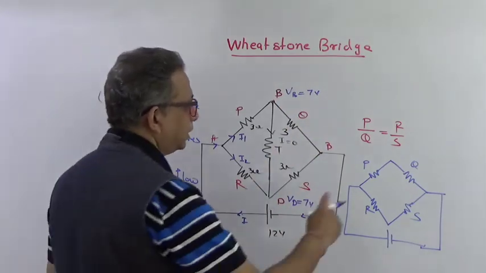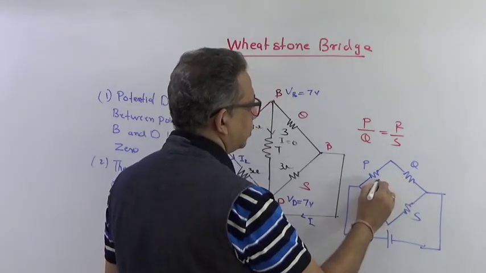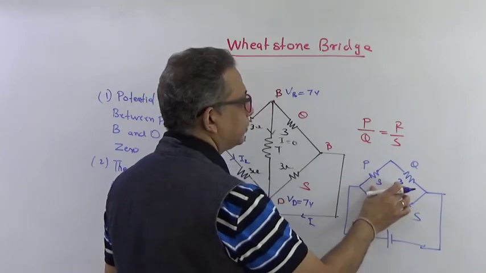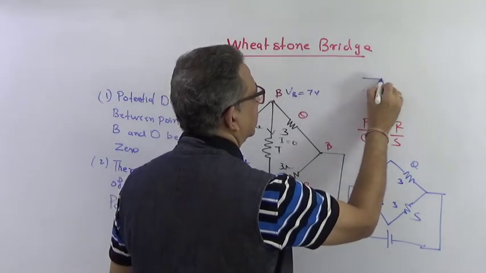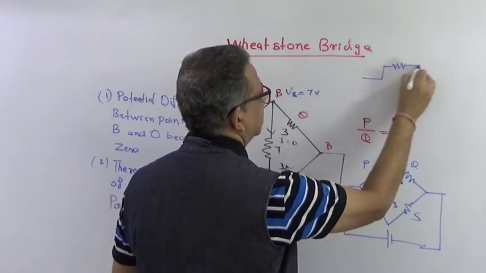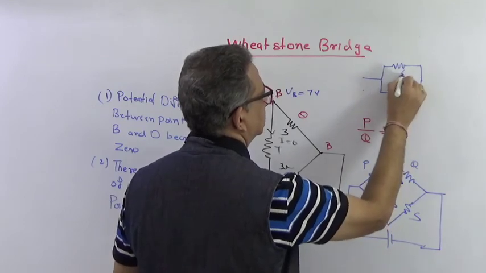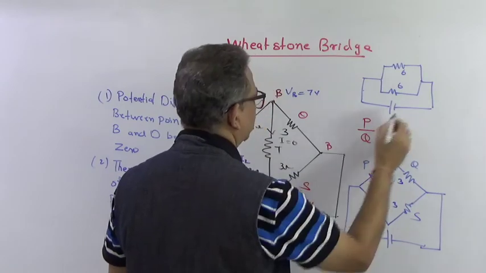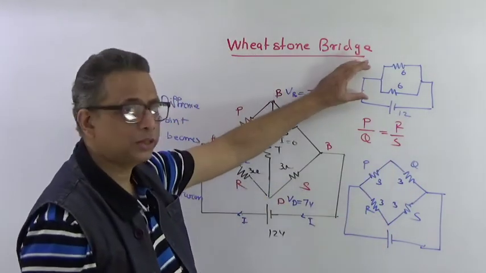So now the next step will be to add these two resistors in series. This was 3 ohms, this is 3, this is 3, and this is 3. So I will get what? 6 ohms and 6 ohms in parallel. So now I will get a circuit with a resistance of 6 ohms, and this is 6 ohms, connected to a battery of 12 volts. Right. So this circuit has been minimized to this.